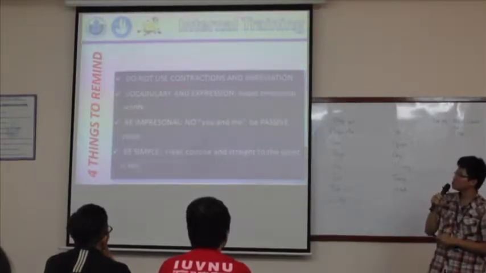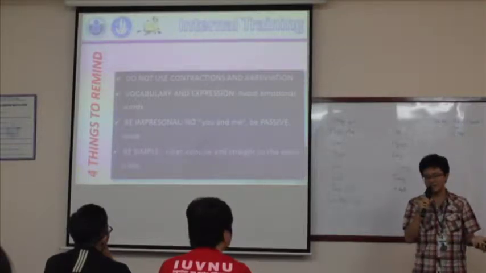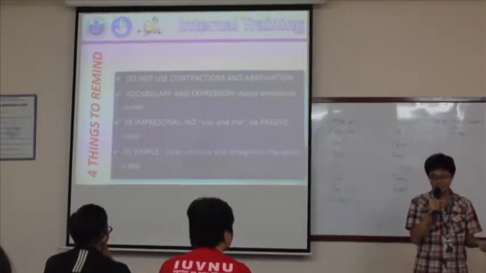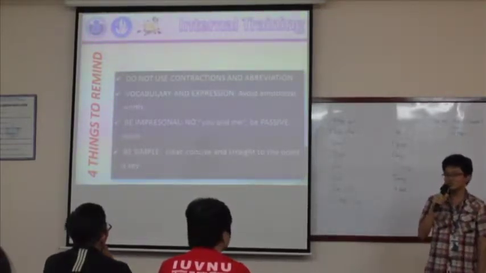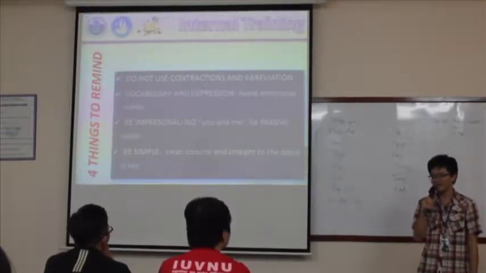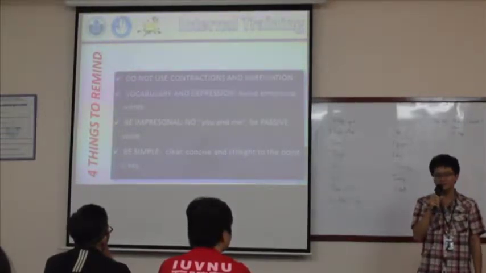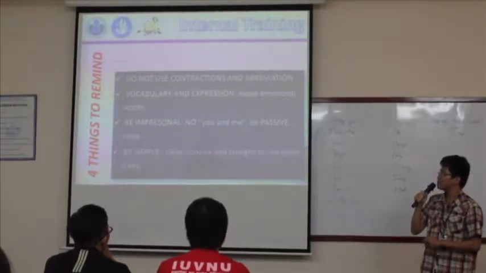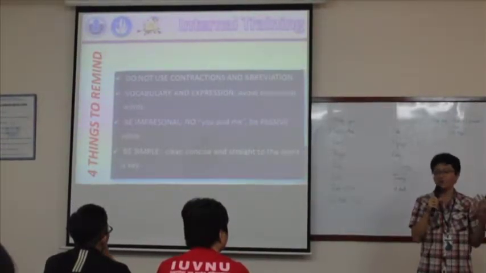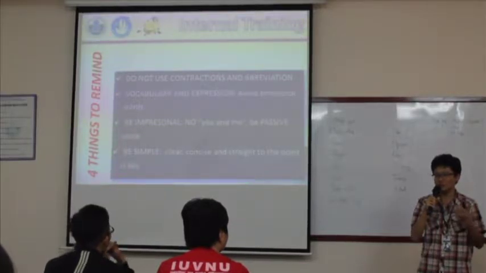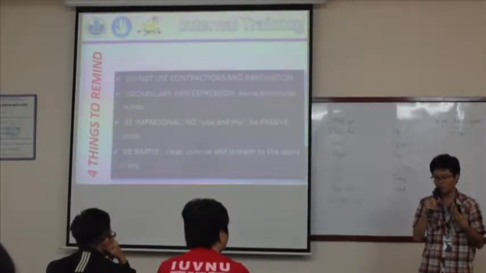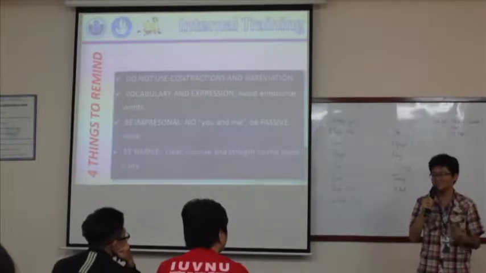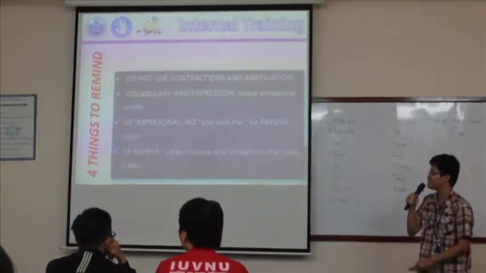And second of all, the vocabulary. You cannot use emotional words because, like I said, academic English is professional and impersonal. So you cannot say I think or in my opinion or it feels like because they are not professional. And if you absolutely have no choice and have to use what do you think, then you must use the plural form like we or us. That's a lot easier.